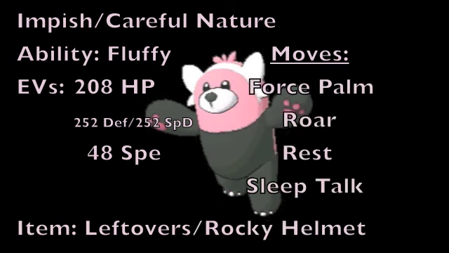As for this last moveset, we're going to be running a more defensive-oriented Bewear like in the previous set, but instead of doing that to allow us an easier time to boost our stats, we're going to do this to make Bewear last for a very long time in battle. So again, we're going to be going with an Impish or Careful Nature to boost your physical defense but lower your special attack, or boost your special defense but lower your special attack, and going with the Fluffy ability, and